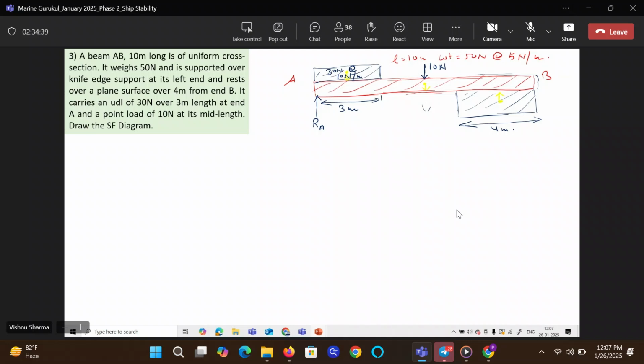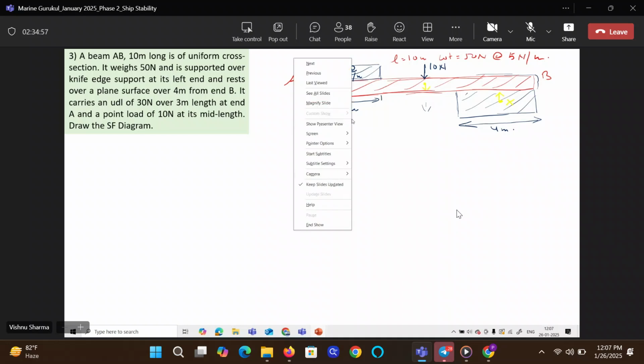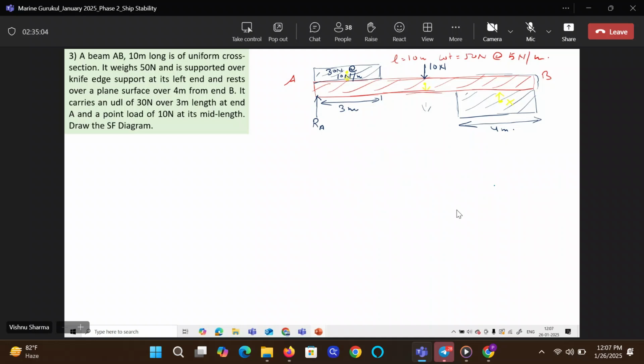Yes, sir. Does it mean the reaction on the right side acts at one point? No, it's distributed over 4 meters. Let me just call this point X. Now, can we get the reaction at A and reaction at X? And of course, reaction at X is not concentrated. It is distributed over a 4-meter span. So now, guys, can I write like this? Tell me. Taking moments about point A,